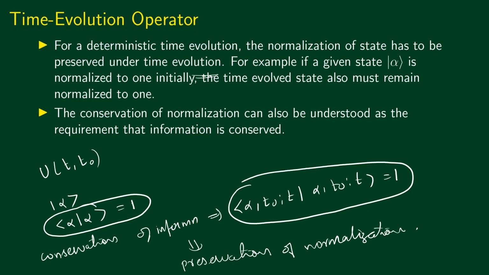Of course, you may ask, what does the conservation of normalization have to do with conservation of information? What's the relation between conservation of information and preservation of normalization? This can be understood easily based on the probability interpretation in quantum mechanics, or the probability postulate in quantum